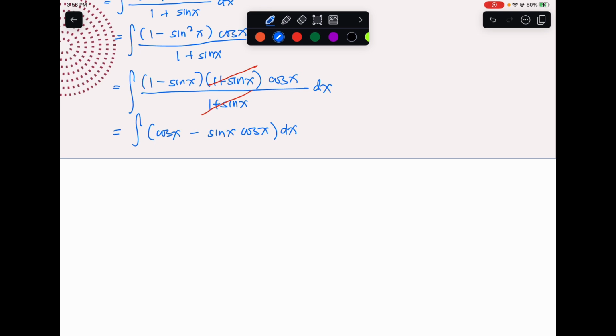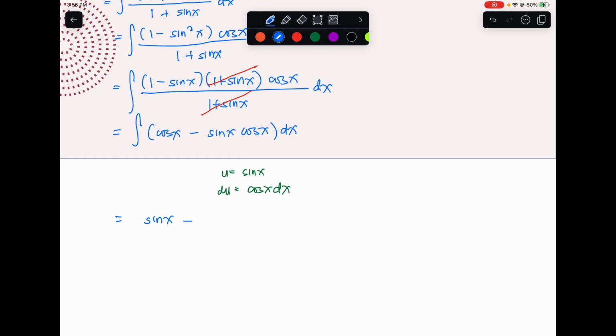So cosine x, we can integrate it. For sine x, I'm just going to make u be sine x. So du will be cosine x dx. In that case, I can use the power rule. So the integral of cosine x is just simply sine x. And then sine x cosine x, that is minus